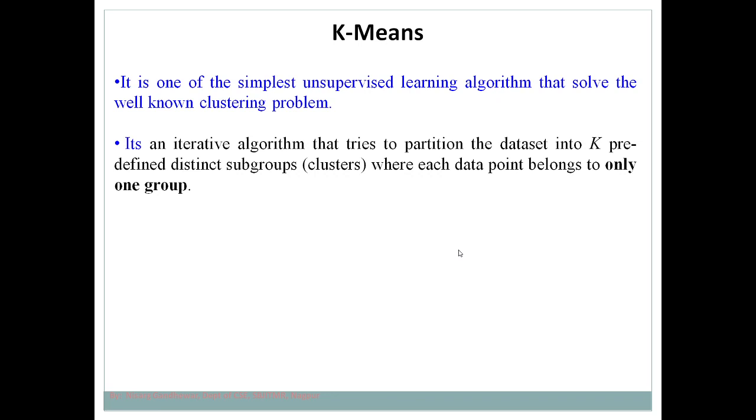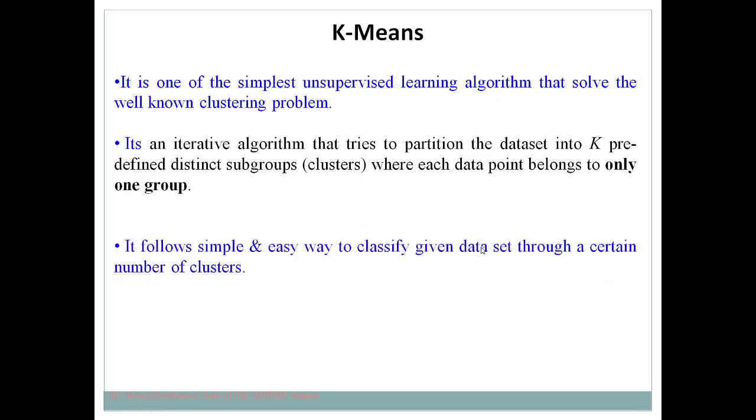The K-means algorithm is iterative in nature. Iterative means we need to perform a set of steps again and again over the given data set. Whatever data set is given to us, we apply the same set of steps again and again until we map all the data elements to a particular cluster based on similarity. So this is an iterative process.